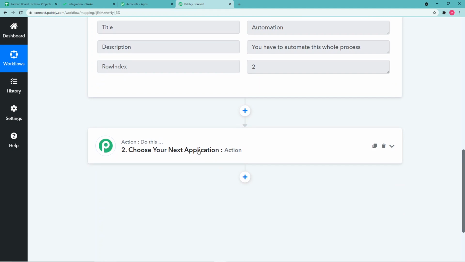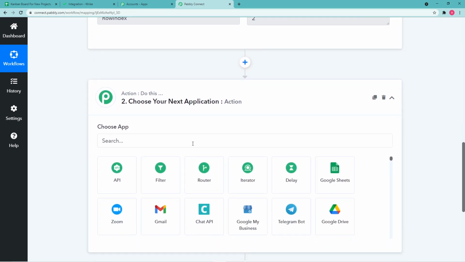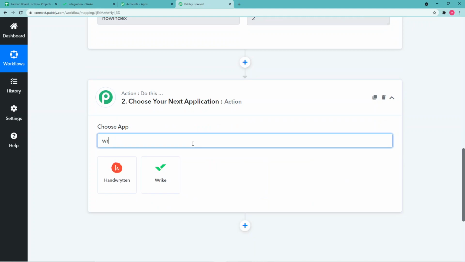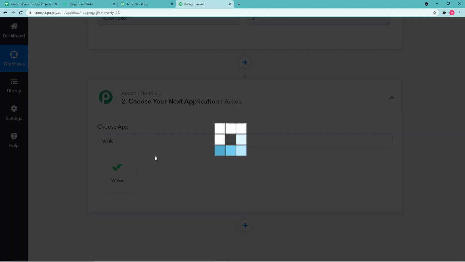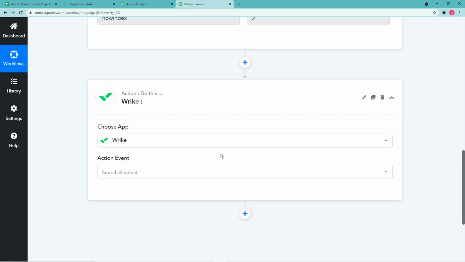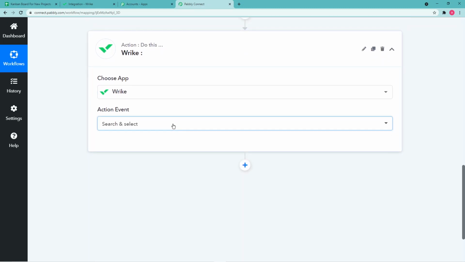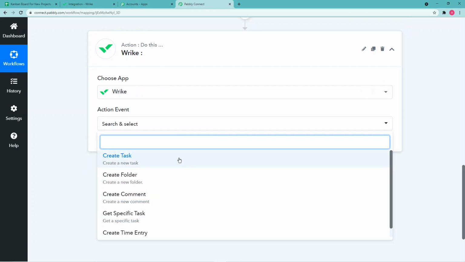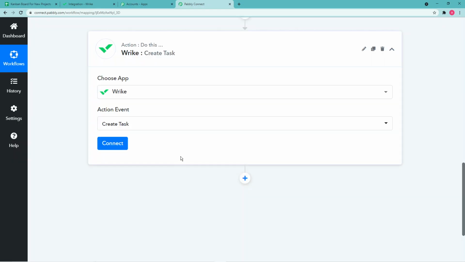Now our next step would be this action button. Just click here, and from here you have to select Wrike as your choose app. Alright, after that you have to select the action event, which would be create a new task. So I am selecting create task and just click on connect button.